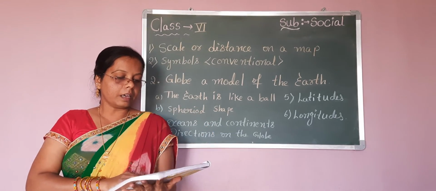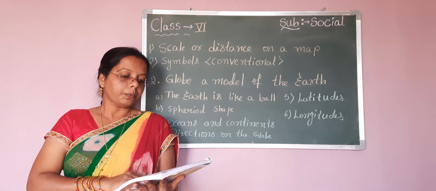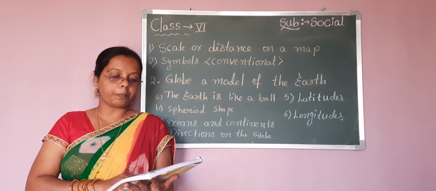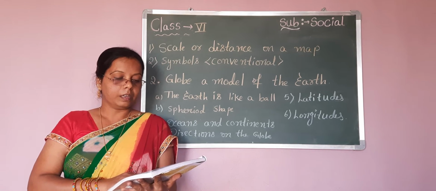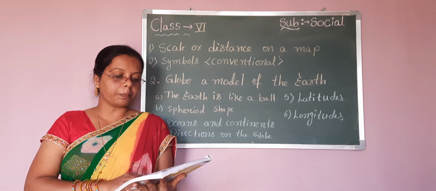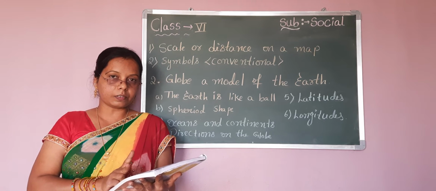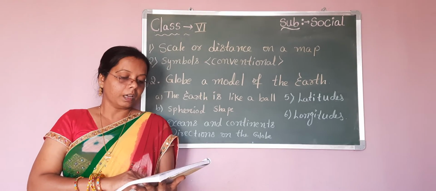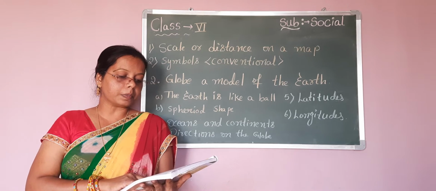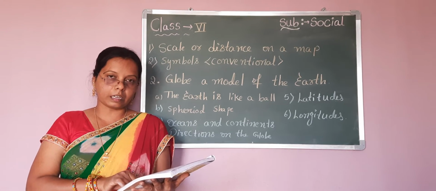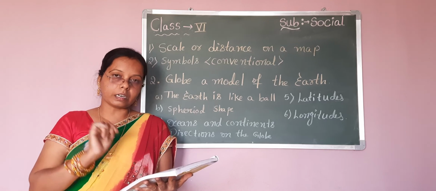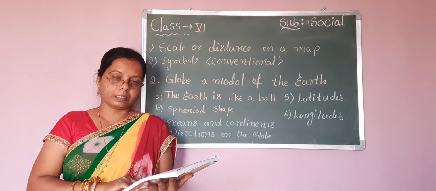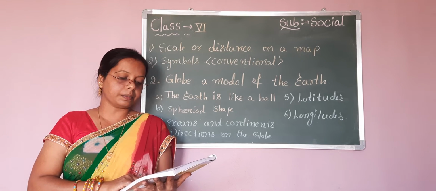Here a problem is given to you. See the textbook. Measure the total distance in Leila's sketch map from lamppost 1 to lamppost 6. The actual distance between the two lampposts is 100 meters. In the sketch, the distance between two lampposts is only dash centimeter. That is 1 centimeter. And the total distance is only dash centimeters. There you write down 5 centimeters.